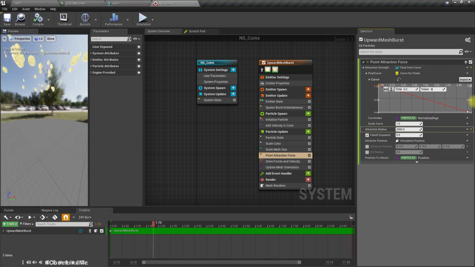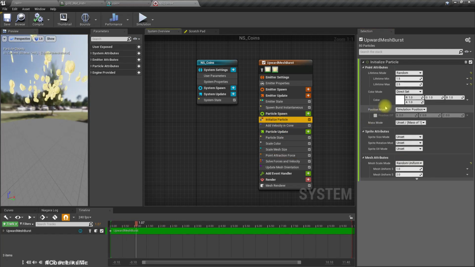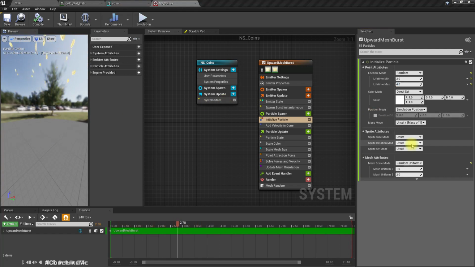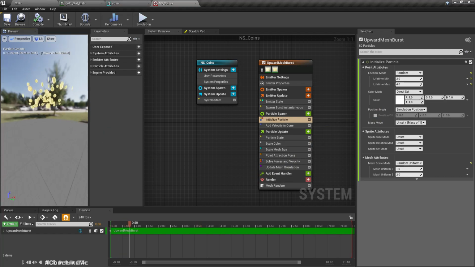So initially value is 0, and what's the lifetime? 2.5, between 1.5 and 2.5. Let's increase this 2 to 4. Right. Okay, and